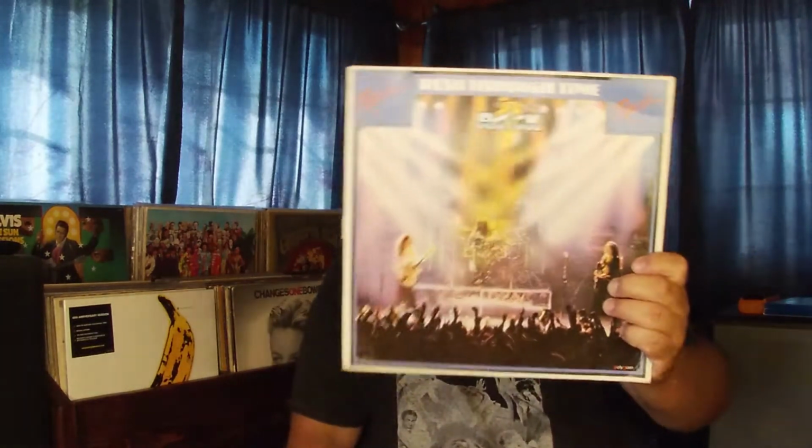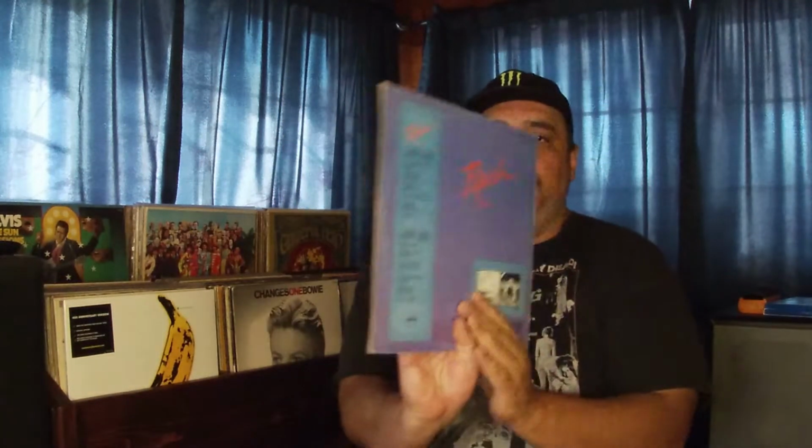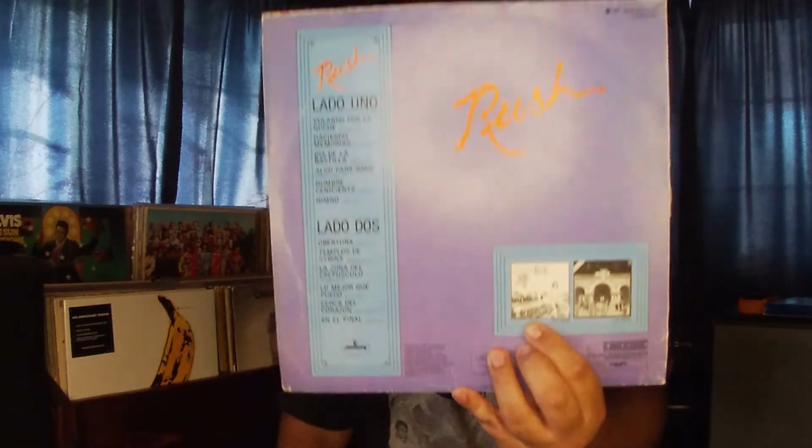Okay, next up is another Rush album. I guess I had this a little bit out of order. This is an import album. I think this was released in Mexico. I am not sure, because some of the tracks are listed in Spanish and in English. But this is like a combination live album, and I think it also has a couple of the tracks from Moving Pictures. So, you got Fly By Night, Making Memories, Bastille Day, Cinderella Man,